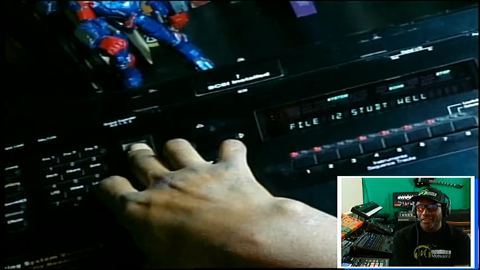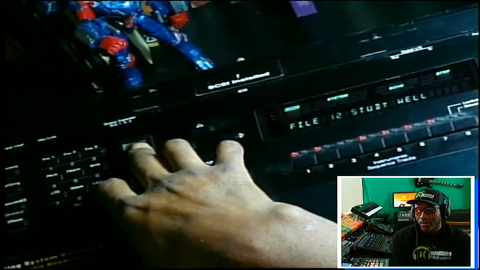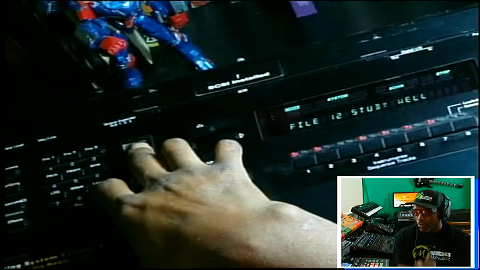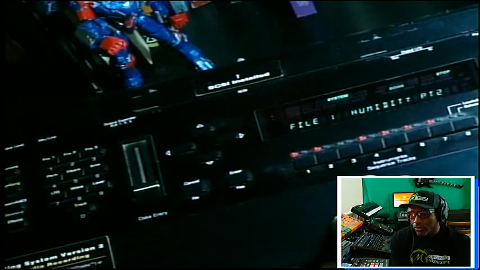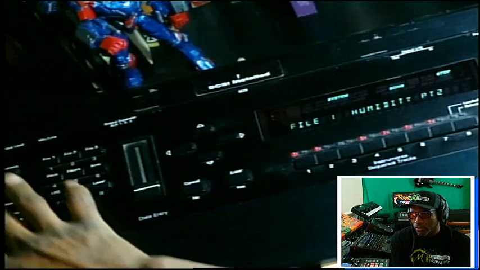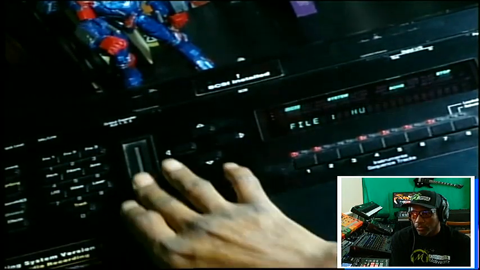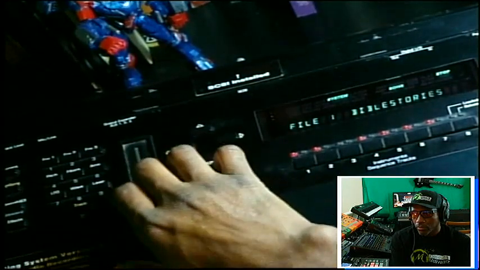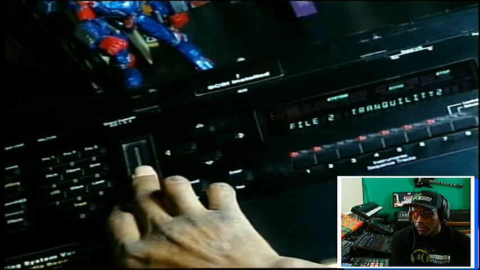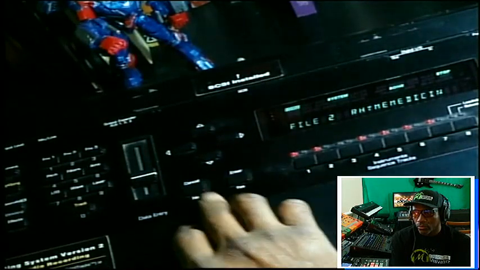oxygenation, okay, study well. So for all the RT students out there working on creating more study material, right? So all of those are all part of respiratory. So if I go back out again, I should say exit to root, hit enter. Now I'm back where it says Bible stories. I just scroll down. So Bible stories, tranquility. And again, in tranquility, if I were to hit it, boom, I got